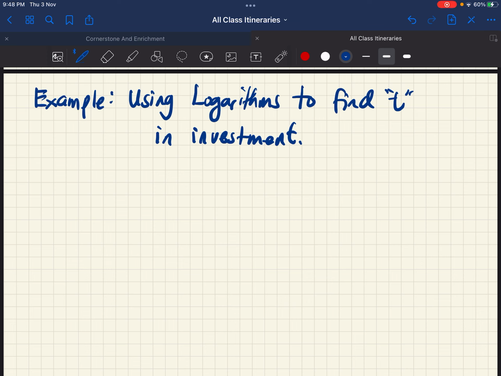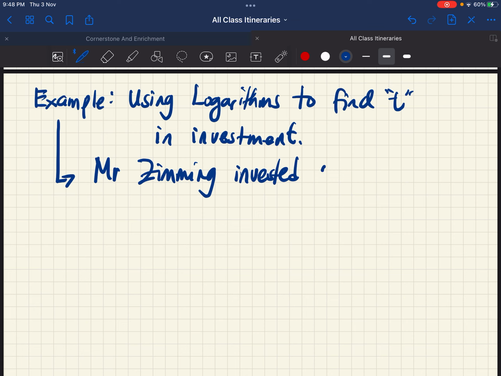Okay, so this is an example of using logarithms to find t, or simply the time in investment. So let's give an example. Let's give a situation in here. So let's say that Mr. Ziming invested,